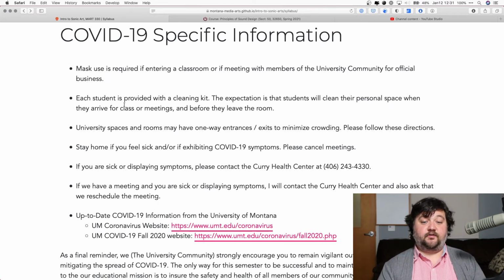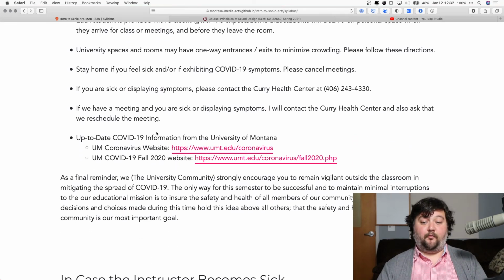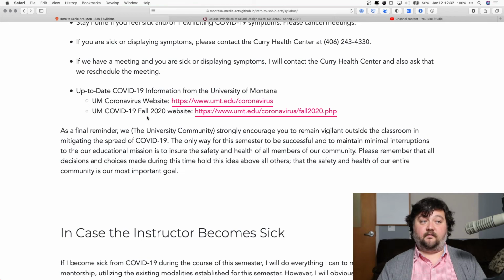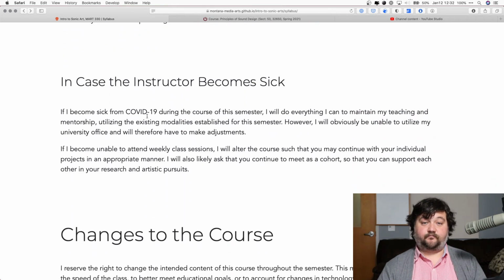Please pay attention to the one-way entrances and exits within university spaces. If you feel sick or are exhibiting any COVID-19 symptoms, please do not come to campus. Stay home. Cancel your meetings. Call Curry Health Center and go get a test. There's some more information here, as well as the coronavirus and COVID-19 websites for the university.